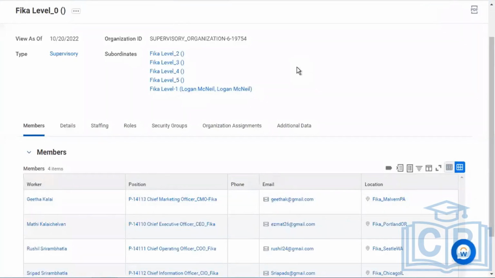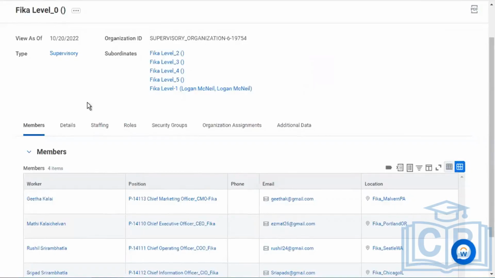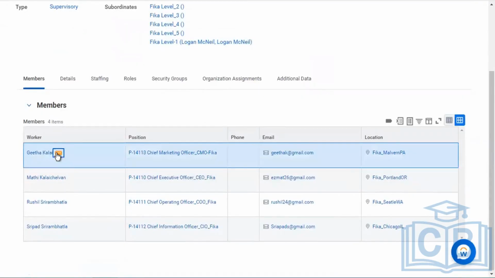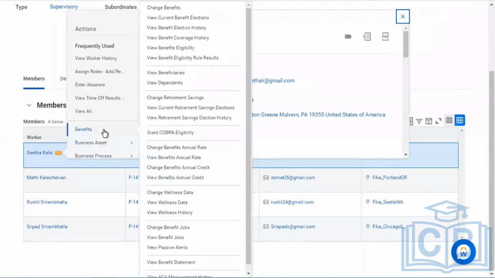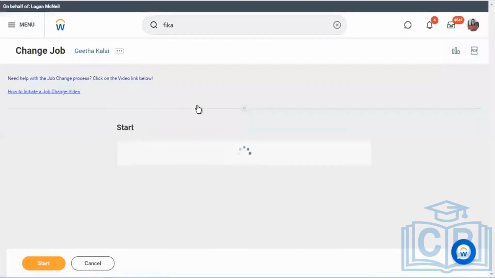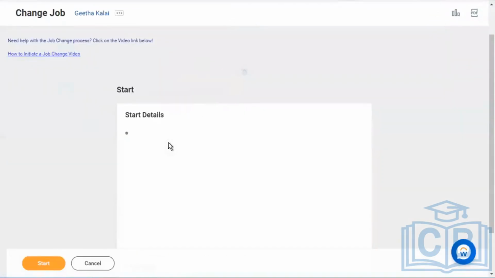Move workers, I would say, is not used directly like we just did. In most cases, it's not considered a good practice. We put move workers as a sub-process under some other parent process. If you have to move Geeta, let's say, to some other organization, you do a change job. Move workers is like a back-end fix for any transfer that did not happen the way it should. What you do is you go to the job change and you use the second option. And this is the exact way of how it should be done.